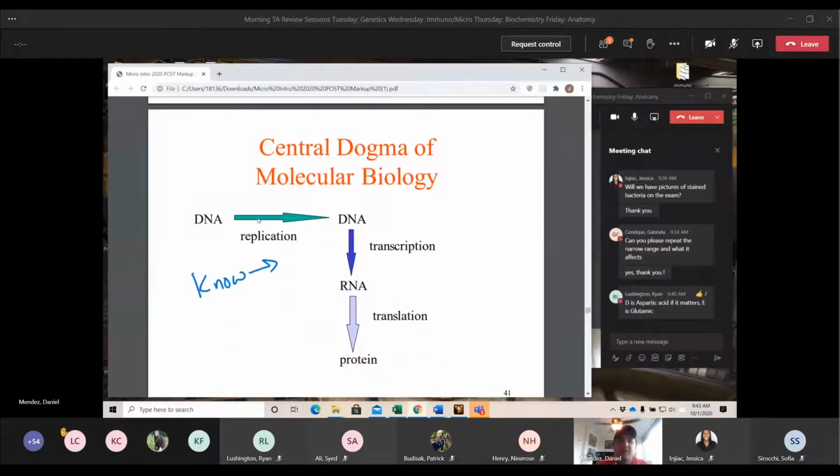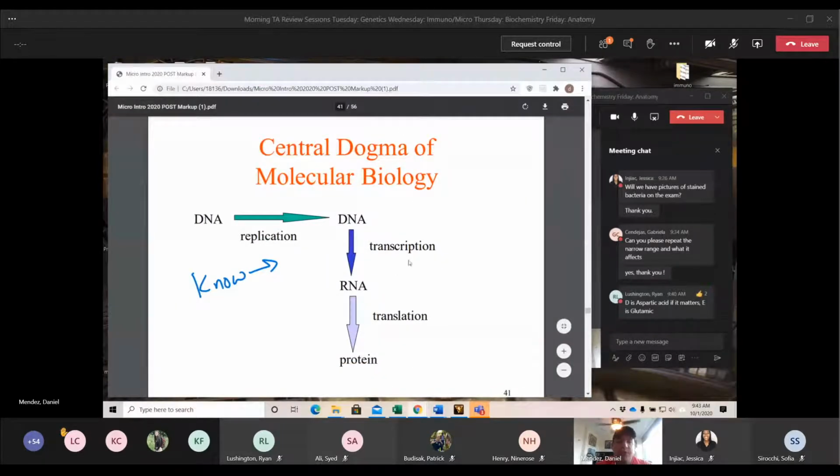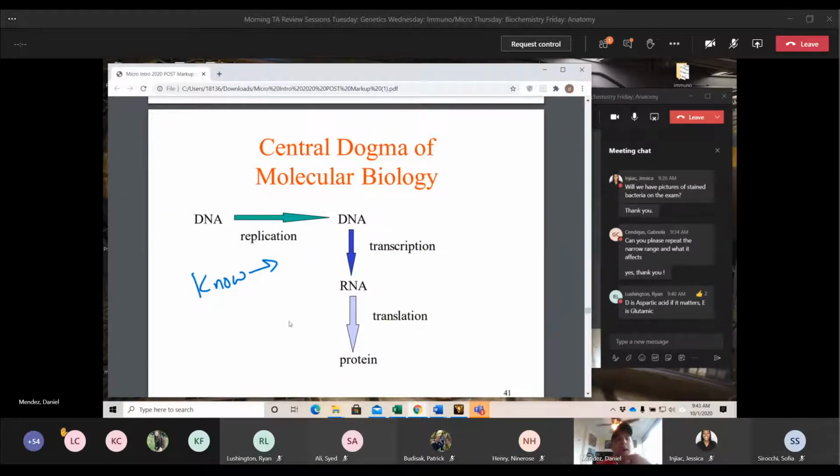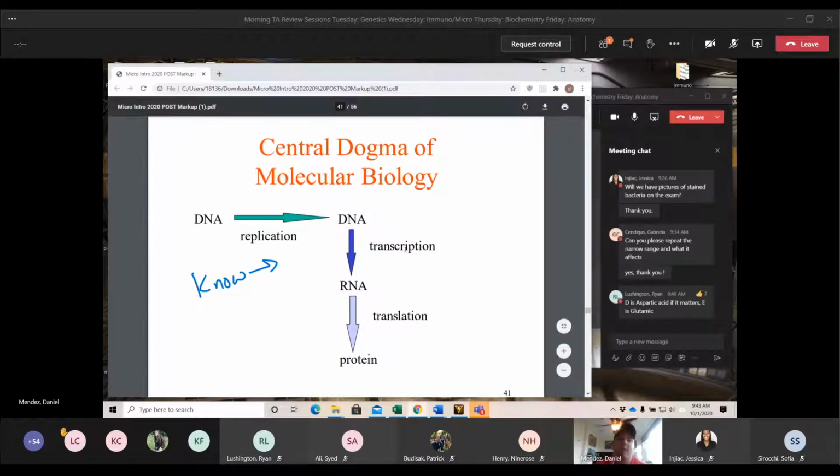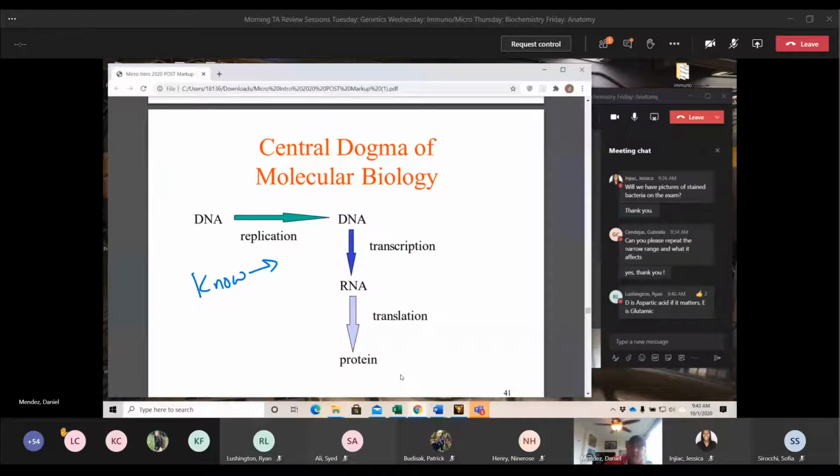Here, this is a very good thing to remember, the central dogma of biology. He has, I believe it's the very next slide, which antibiotics work in which section. This is also something I did in my makeshift study guide. It's pretty important to remember it in this way. If you draw it out this way and add which antibiotics work at which section, which ones work at DNA replication, which ones work in transcription, translation, it can help you remember not only their function, but where they occur, so what they're affecting.